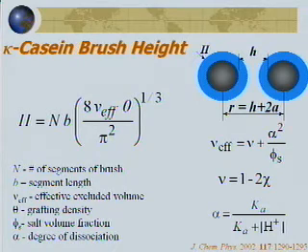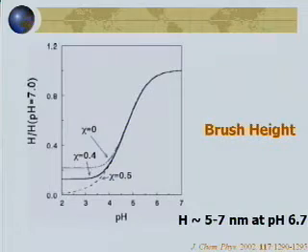And alpha is determined by the dissociation constant and pH. And so if we know pH and we know Ka, we can estimate alpha, and we can calculate the height of the casein brush by knowing the structure of this brush, and the sequence of kappa casein can be actually learned from literature. And the authors actually did calculate